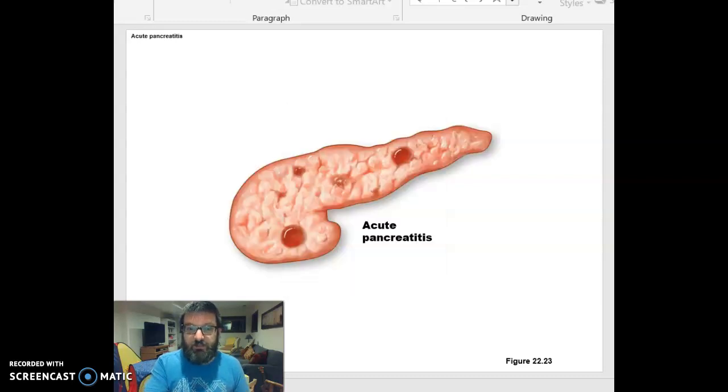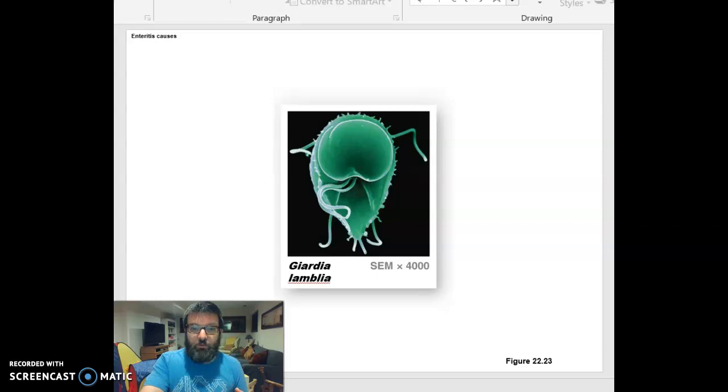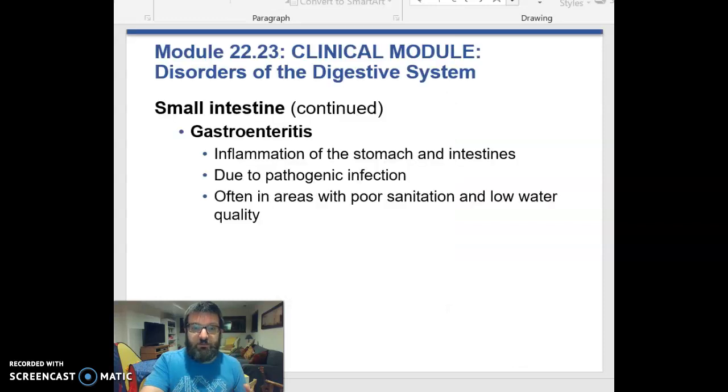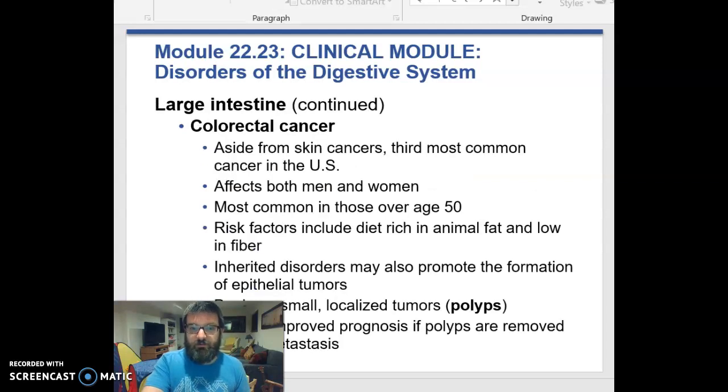This is pancreatitis, inflammation of the pancreas due to infection. It's terrible and painful. You can also have enteritis or gastroenteritis, which is often due either to a pathogen like Giardia or maybe an autoimmune disease, right? Like ulcerative colitis. And then you can also have